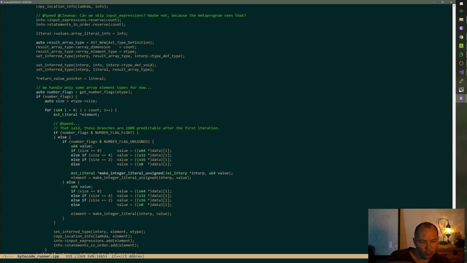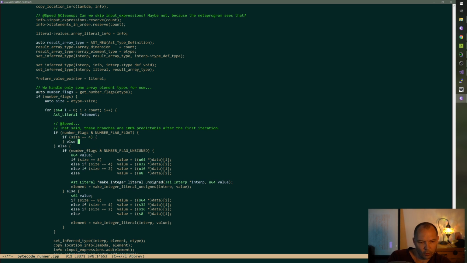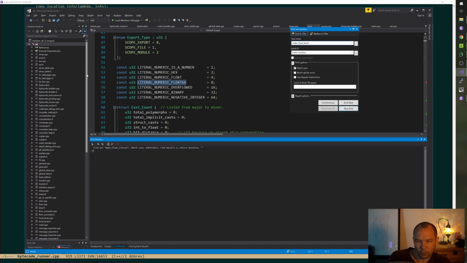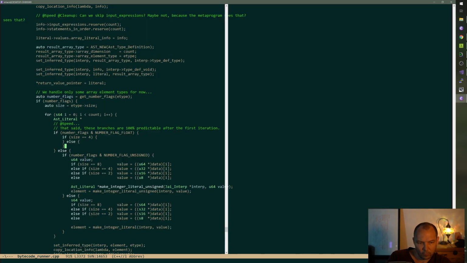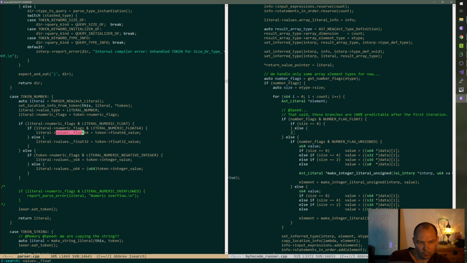If it's float, then if size is equal to 4, else, right? So make, do we have a make float literal? We literally don't. Okay.